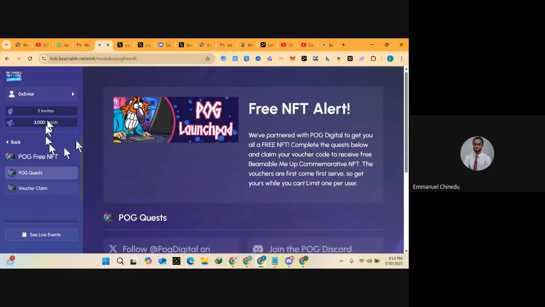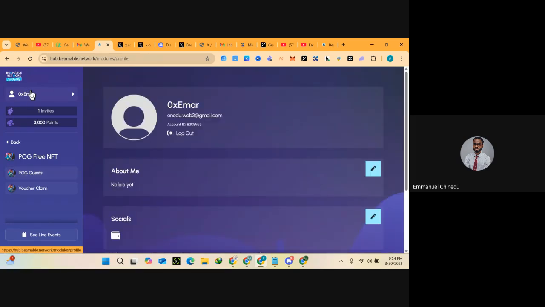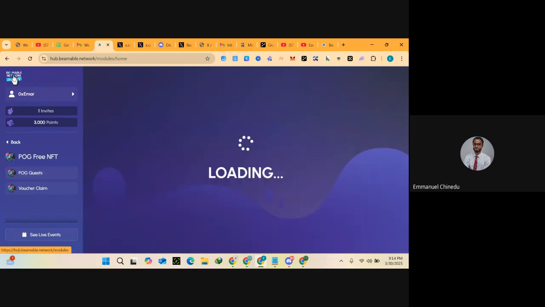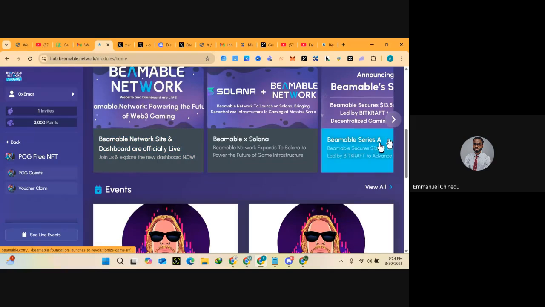okay, so you can make do with the points. The NFT minting stuff has finished. People have claimed everything. What happens most times is you can go to the secondary market and you see that people are trading that NFT. But don't bother about it. So you go back to your task. You can go back to home. Click on this BEAMABLE guide to take you back to home. Okay, now